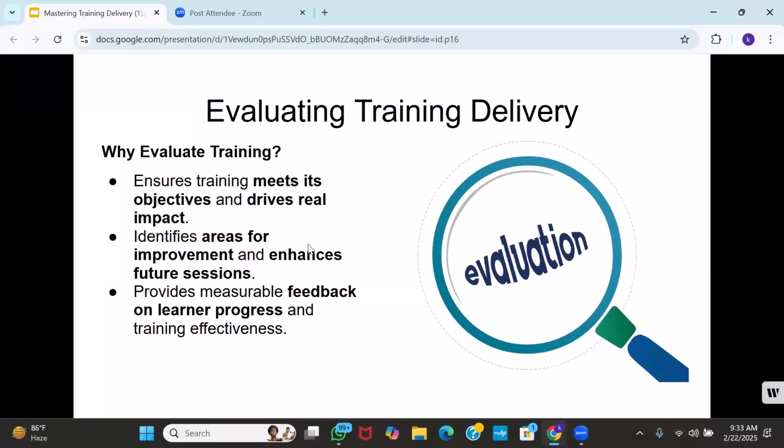And it's quite interesting that trainers will come for training and the questions they ask themselves first is, what is in it for me? It means they've even started looking at the outcome. And so as trainers, we need to evaluate the trainings we organize. And so we are saying that,